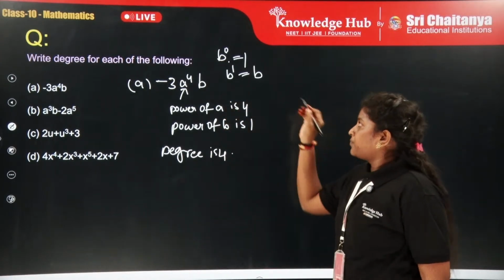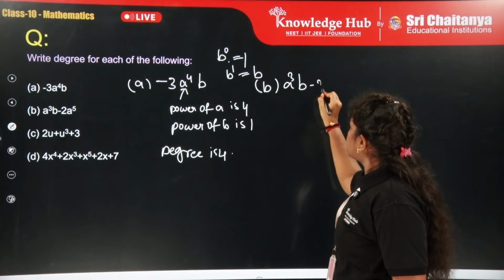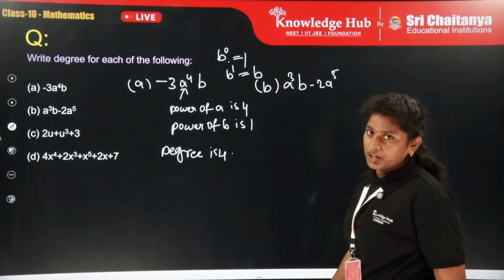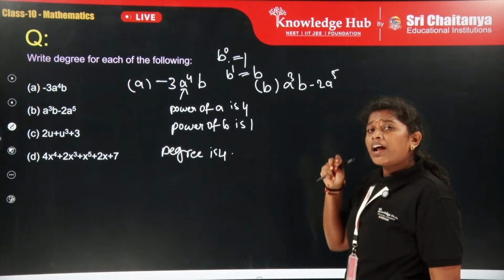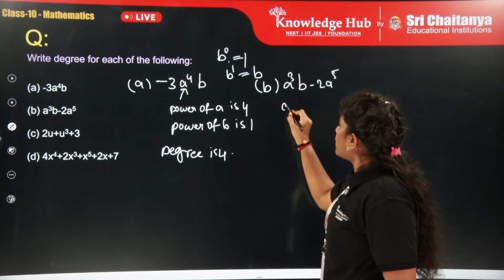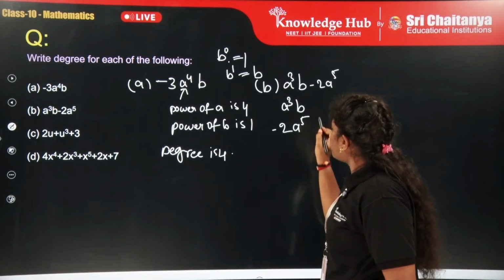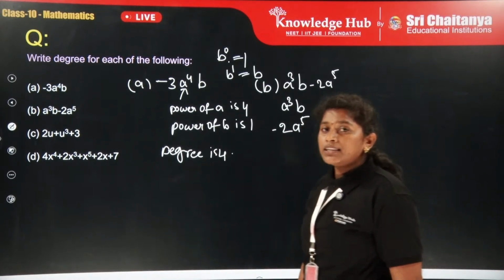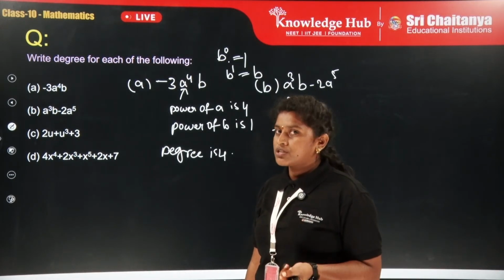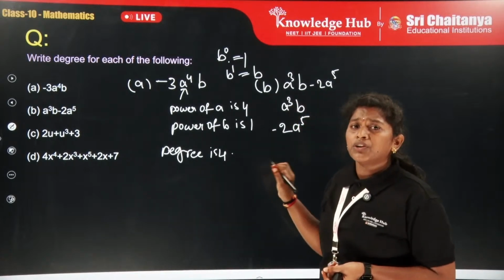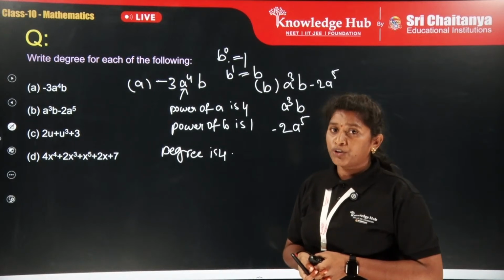Now let's solve the next one. Coming to the next one, we are having a cube b minus 2a to the power of 5. The previous one was only one term, but the second one has two terms. The first term is a cube b and the second term is minus 2a to the power of 5. Another important thing in polynomials is you have to consider the sign of the coefficients also. Most of us will leave out the coefficients, but when it comes to the general representation of a polynomial,